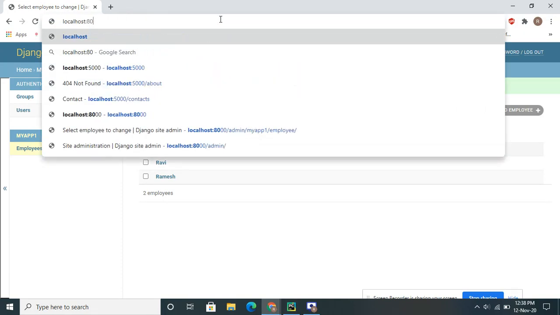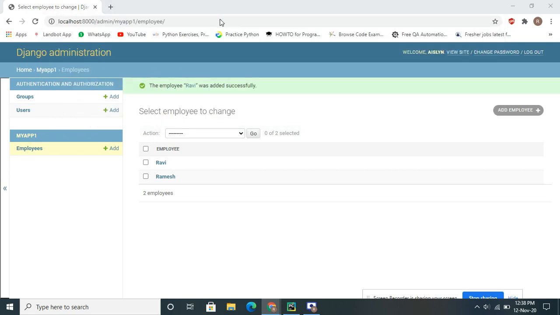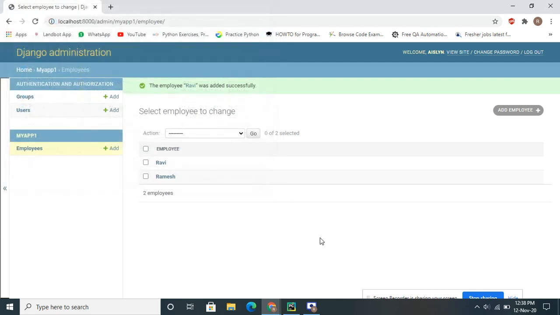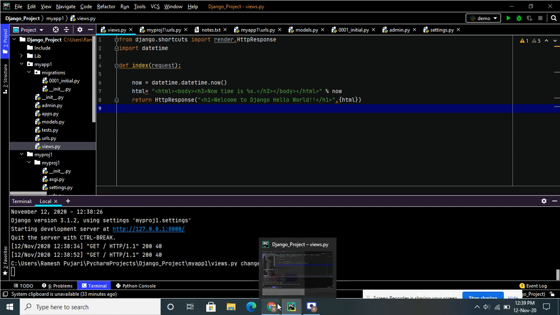I'm running only 8000. Okay, just a minute, because it's getting downloaded because of invalid syntax. Okay, now I will reload the server.